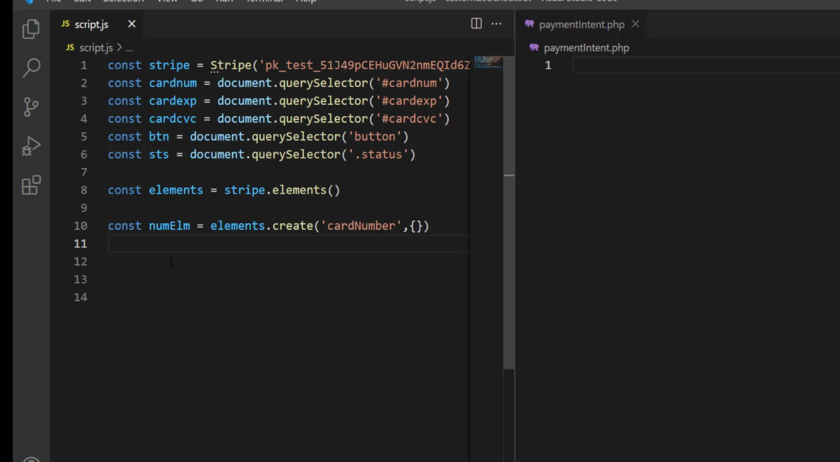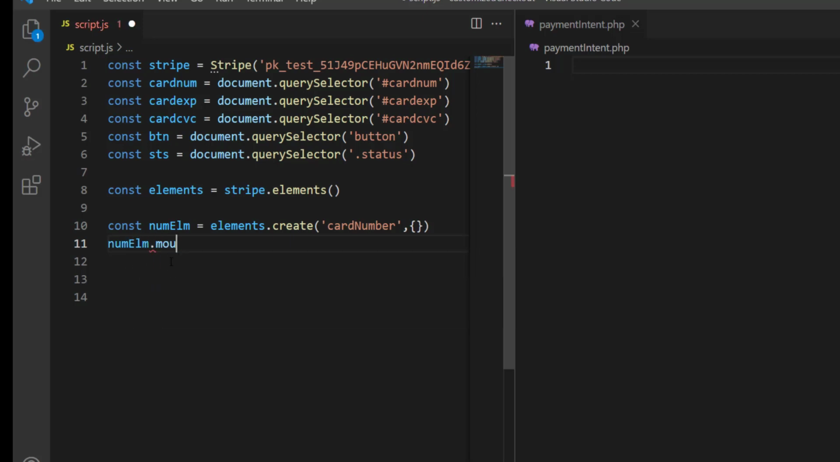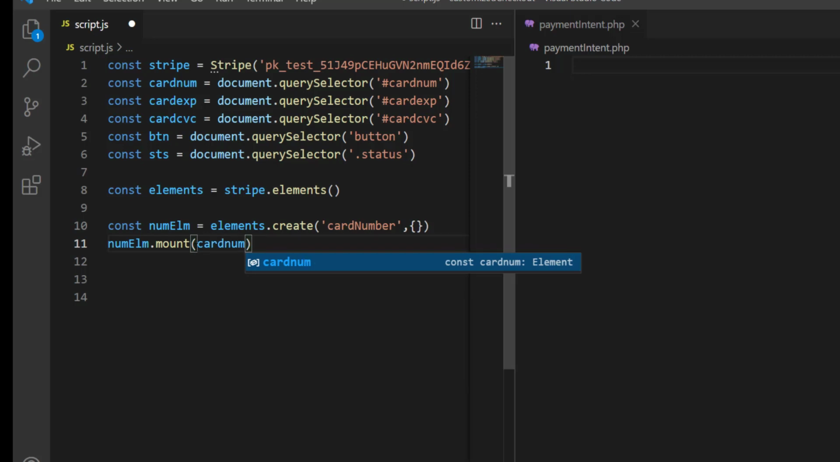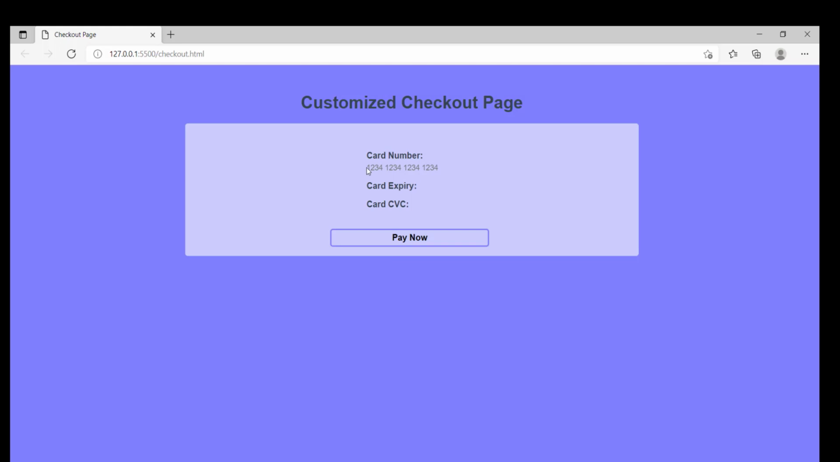So to do this integration, we are going to say nums.mount. So we want this Stripe element to be mounted on which HTML DOM element? So we have to provide the reference to that HTML DOM element, which is card num. Now let's go and check the browser. Now you can see we have an input field over here in which we can enter data,